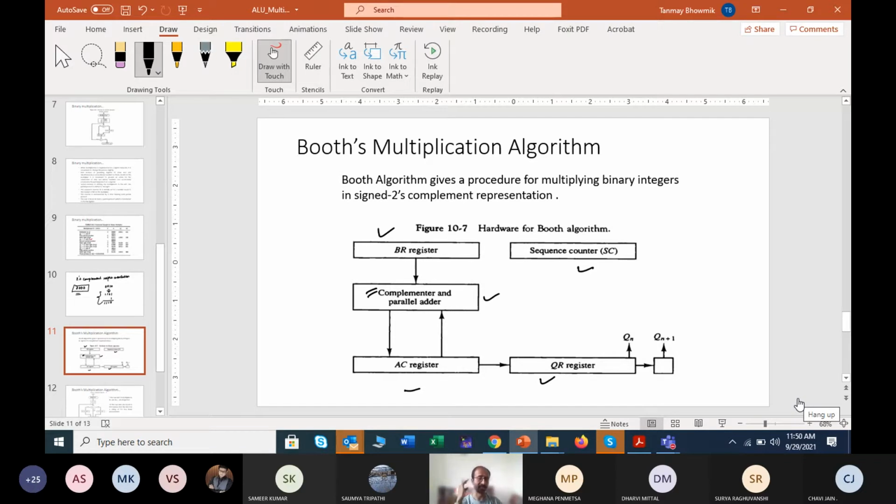Any thought can come to your mind that in case of signed number representation, when we were multiplying, we were only simply adding, right? We were not subtracting anything. We were simply performing the addition, right? But when we go to Booth's multiplication algorithm, we will not only add, we may need to subtract also. So why is this required? Any idea or any wild guess? You can keep this view.